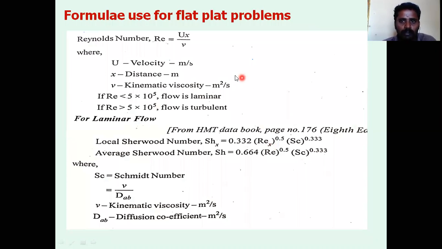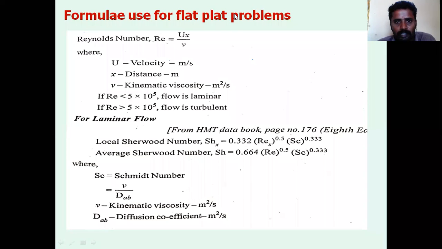Some formulas are used in the flat plate problems in heat and mass transfer. First, the Reynolds number. How can we find the Reynolds number when the velocity is given? The Reynolds number is for forced convection: Re = Ux/ν, where U is the velocity, x is the distance, and ν is the kinematic viscosity. When the Reynolds number is less than 5 into 10 power 5,